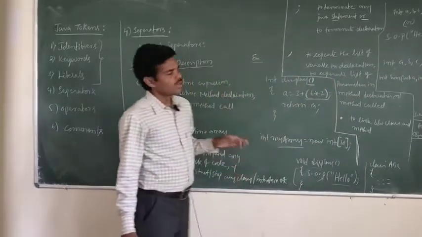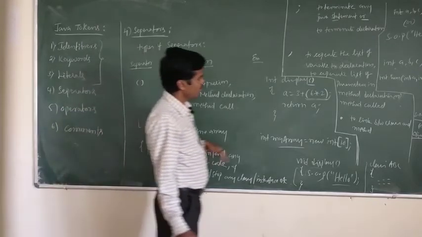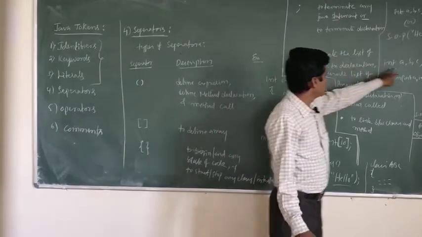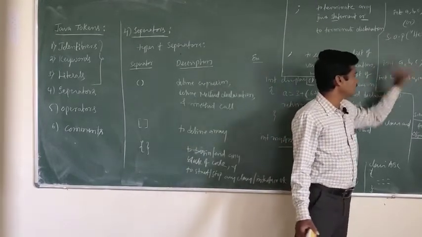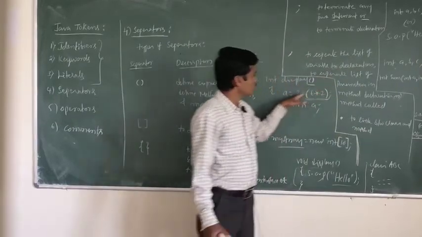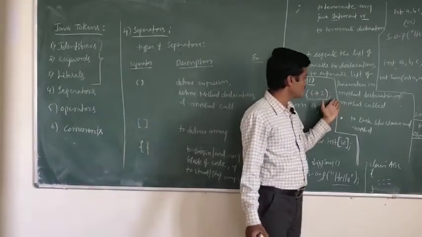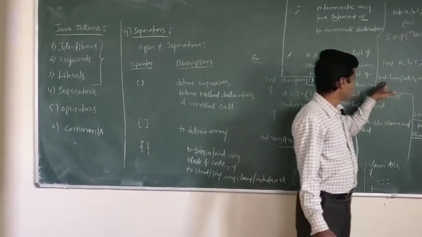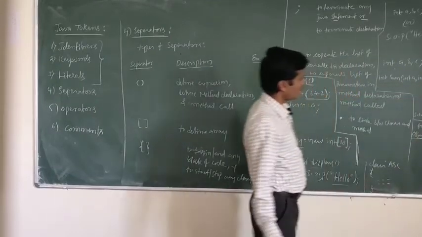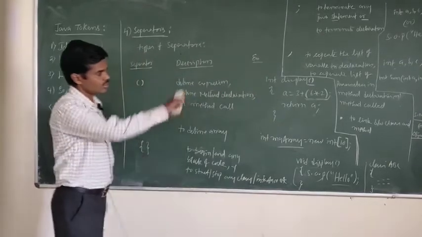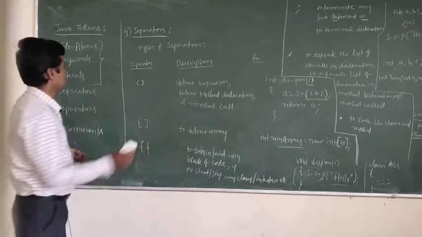Next, comma. Comma is another separator. We use it to separate a list of variables of the same type in a single line. Here a, b, c all three are the same type, integer. This we separated with the comma. It is also used to separate the list of parameters or arguments in a method declaration or method being called. Here sum is a method. This method has two arguments or two parameters, that is int a comma int b. There we separated a and b with the comma. These are the types of separators.